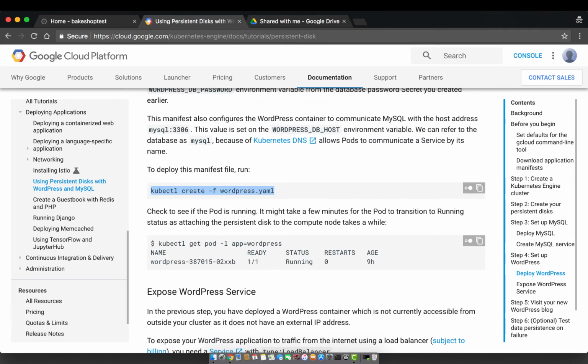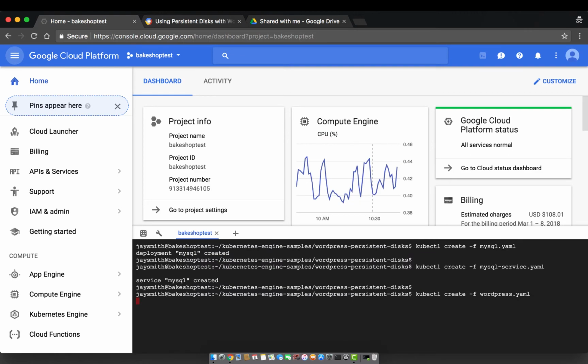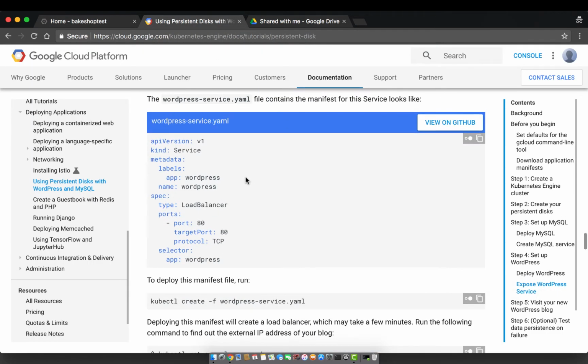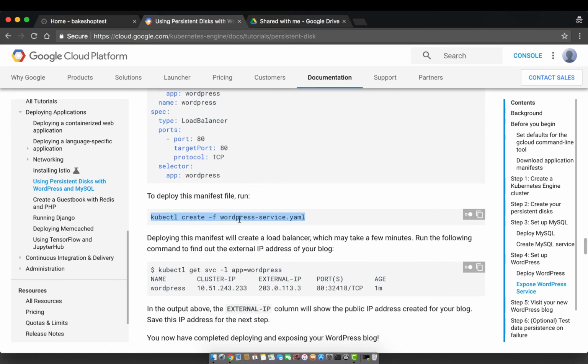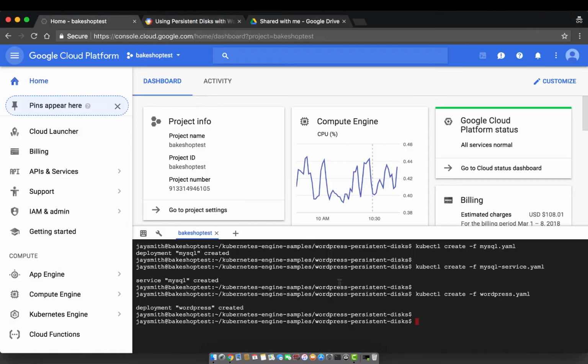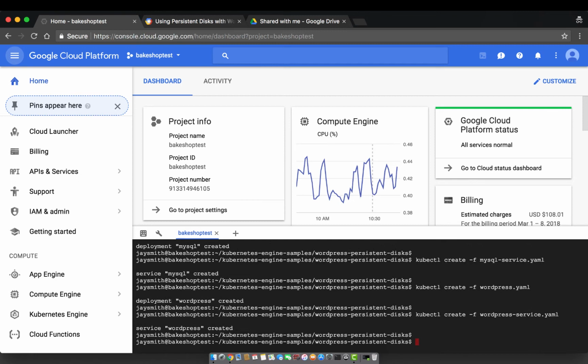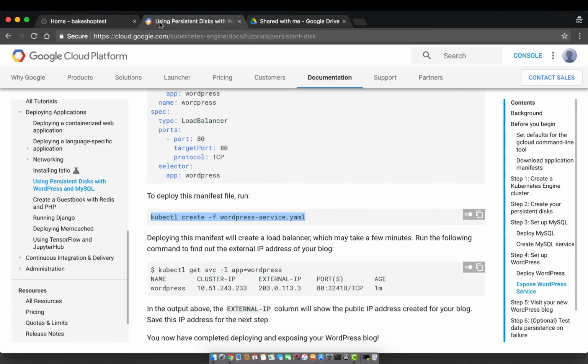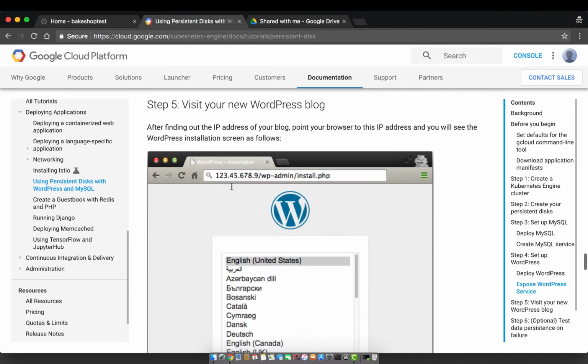WordPress is in a completely different environment, running PHP, completely isolated from MySQL, but it's going to be able to communicate via the service and the parameters in the YAML file with the MySQL deployment, so that way all the data will be stored,